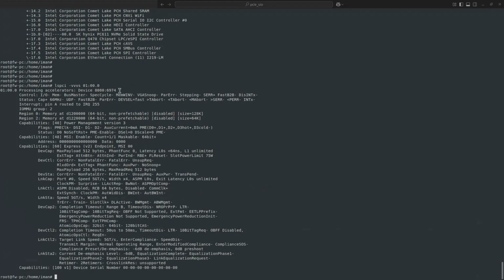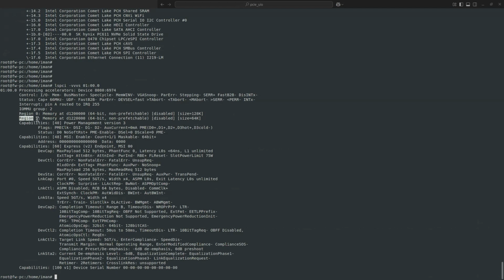So if you look, this is our device information. I will try to explain some of the most useful parts of this information. One of those is the BAR addresses. As you can see, I have region 0, so this is BAR 0. It says that this device has a 64-bit address, is non-prefetchable, and the size is 127K.